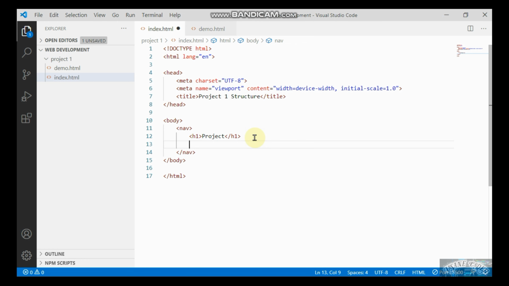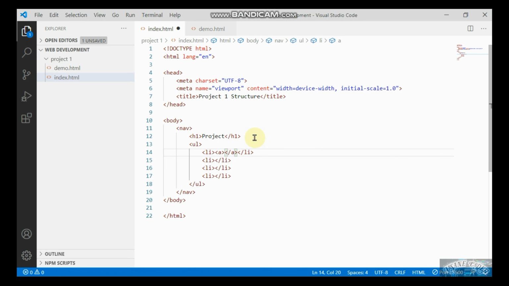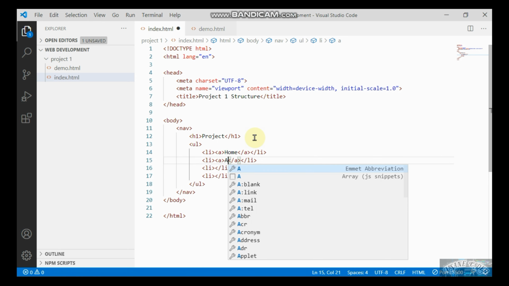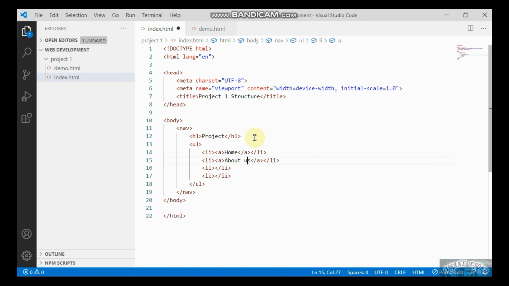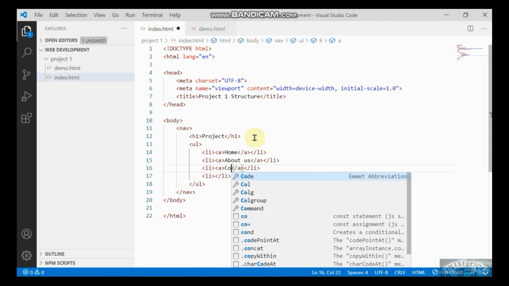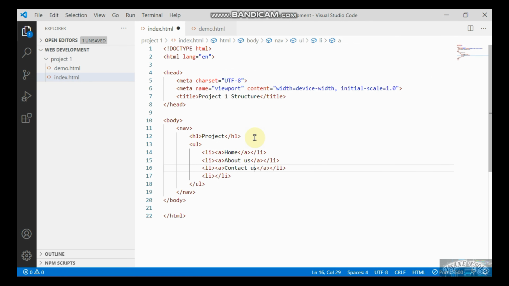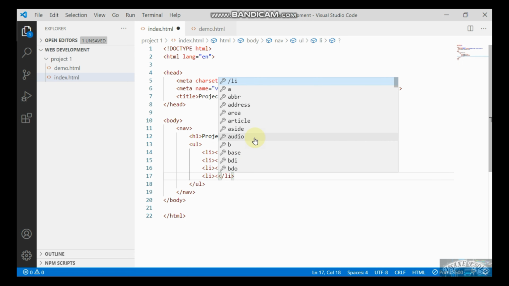I'm gonna create an unordered list. Alright, and then the first element, you can add elements in the list using li. So I'll add four items. And I will create an anchor tag inside here, and I will call the first one home, the second one anchor tag again in it, and I will call it about us, another anchor tag in it, and I will call it contact us. Now the fourth and last one here is